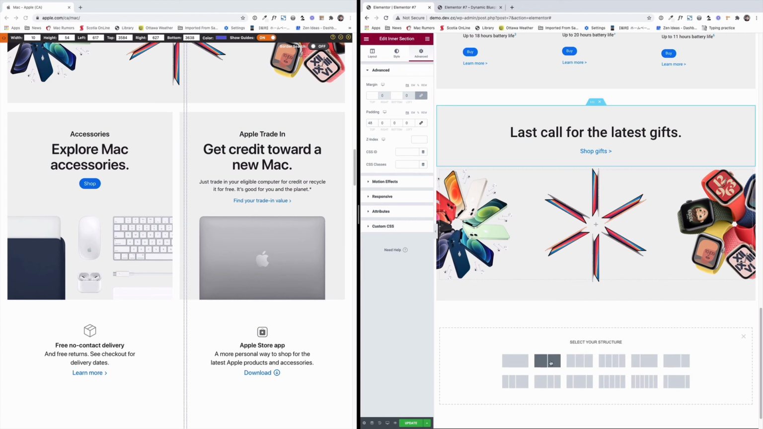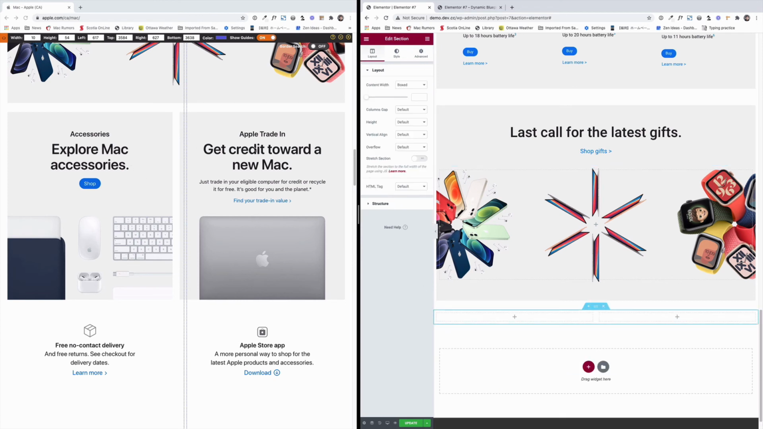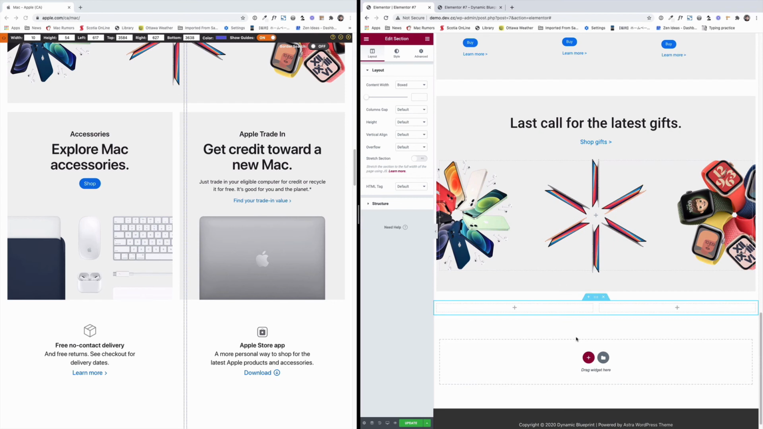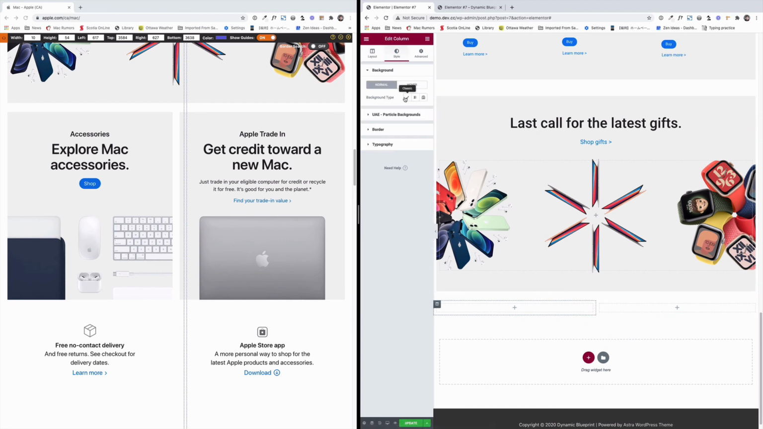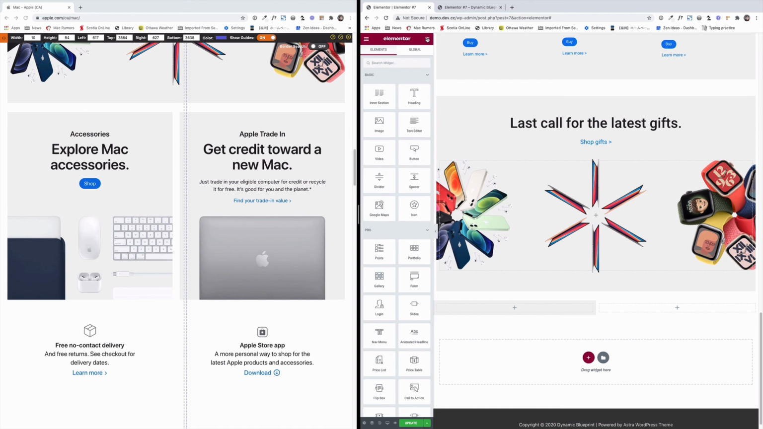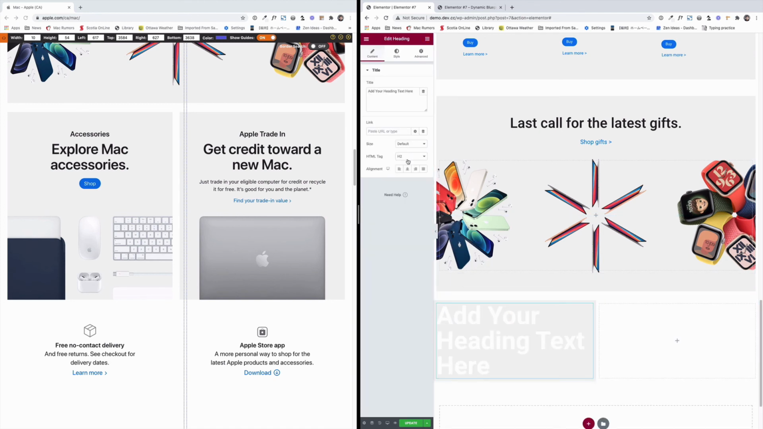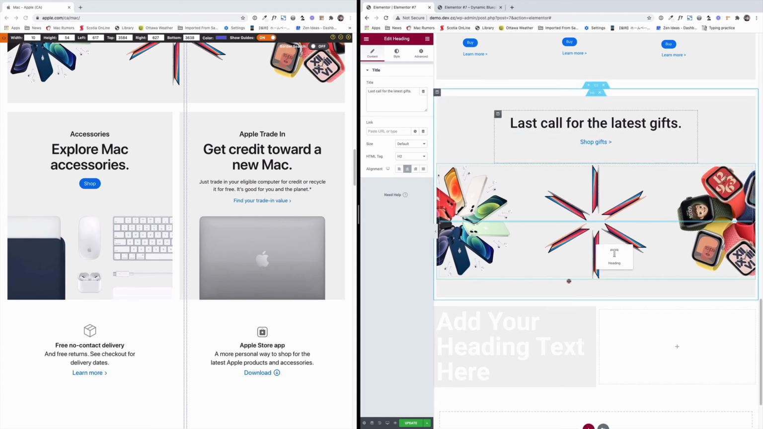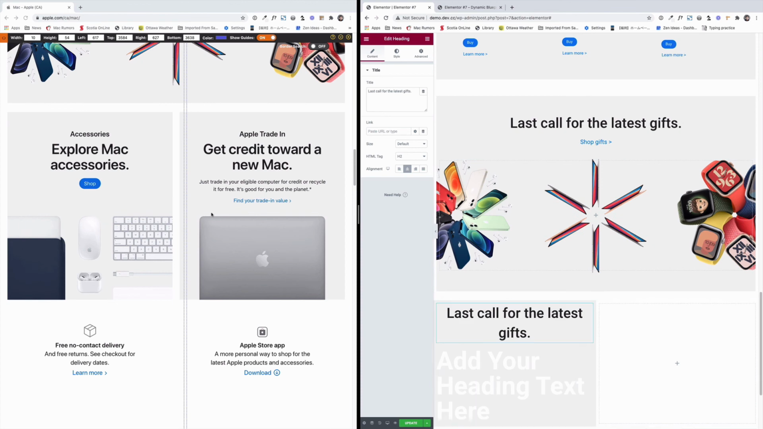So I'm gonna just grab 2 columns here. So you see the accessory and Apple trading. So there's 2 columns. I'm gonna just select the column, and change this column's background color to the background gray here, and then I'm gonna add text right there. You know what, I'm gonna just copy this text right there to duplicate it, because at least the color is the same, and I'm sure